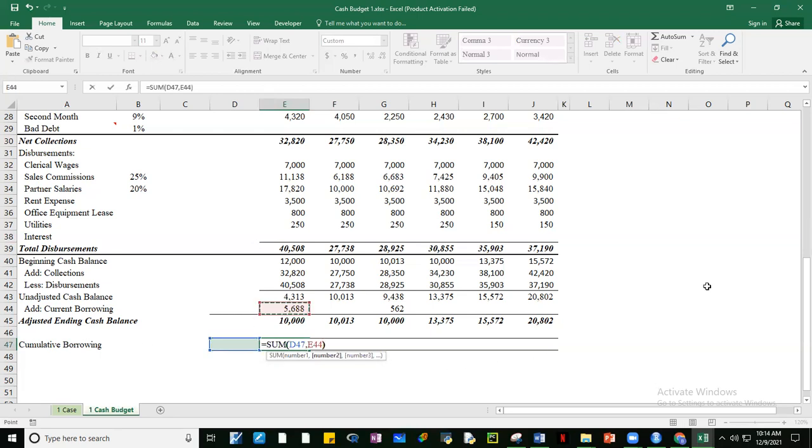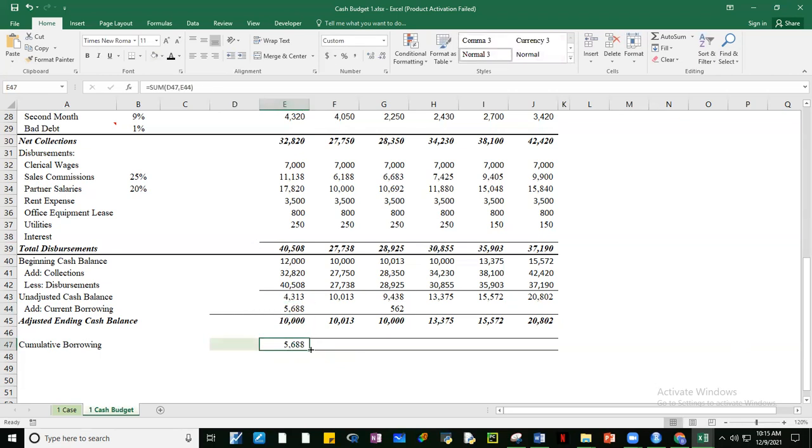Kunyari may 2,000 tayo dito. Tapos umutang tayo ng January na 5,688. Diba? So therefore, guys, ang total natin na cumulative borrowing will be 2,000 plus 5,688. Okay? Since wala tayo as of December, wala. So ang cumulative borrowing natin for January will be 5,688.